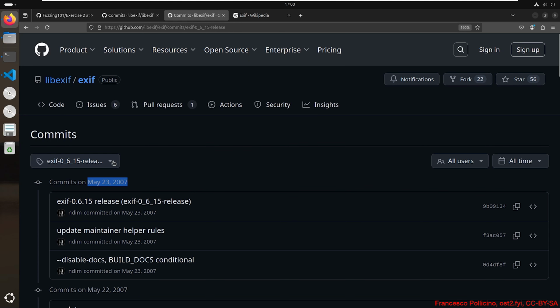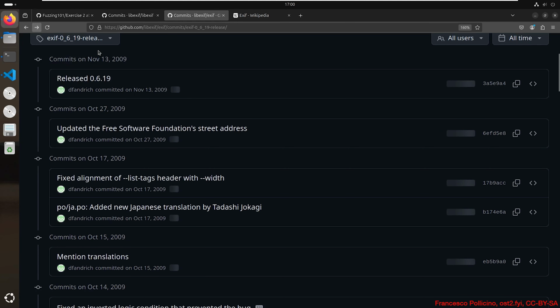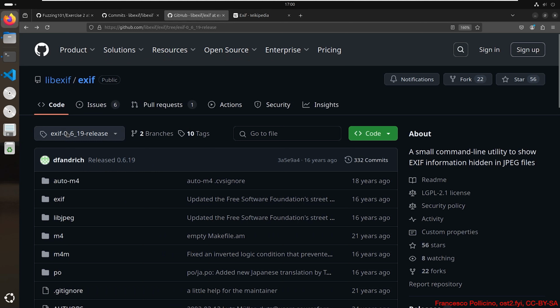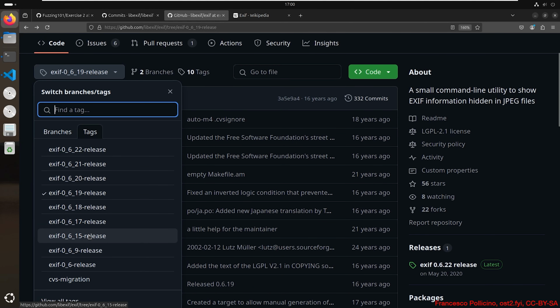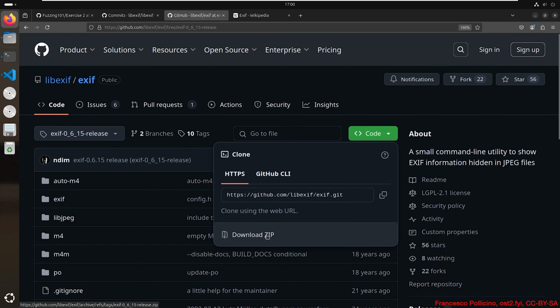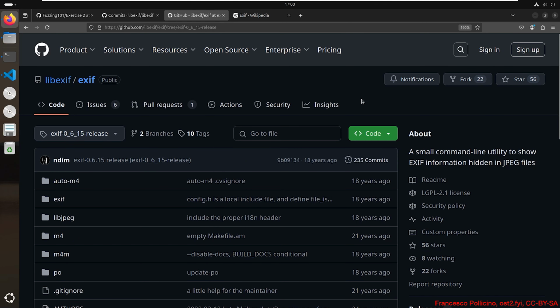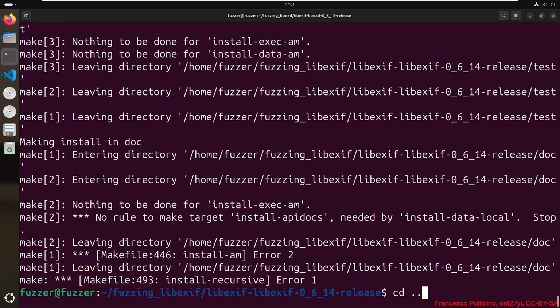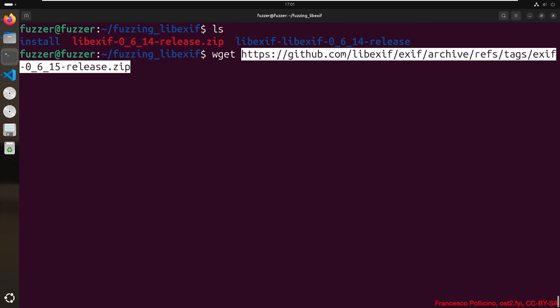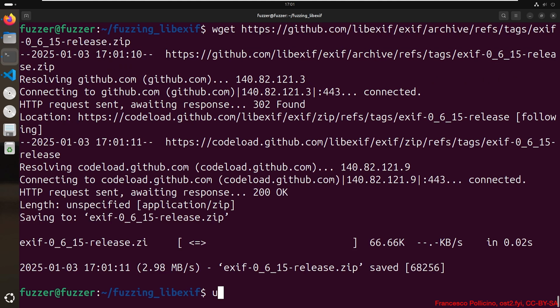Okay, so again, we have to download exif and compile it. We select the right version, which we said is 15. We copy the link. And we download it. Again, unzip.